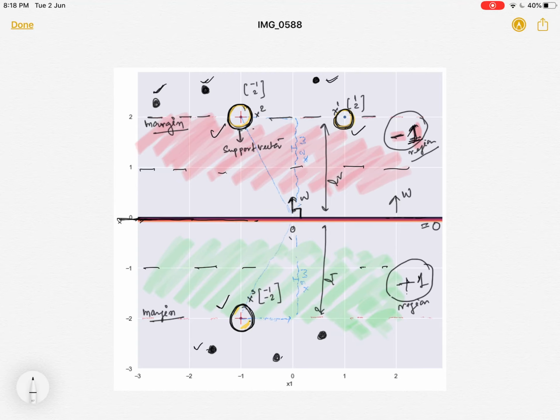Say we are given multiple points and some of the points belong to the class -1 region while the others belong to the class +1 region over here. If you ask someone to draw a decision boundary that will easily separate class -1 from class +1, one can draw a line over here, as in this case it is visible in black. Someone can draw a decision boundary over here as well. That will also work fine.